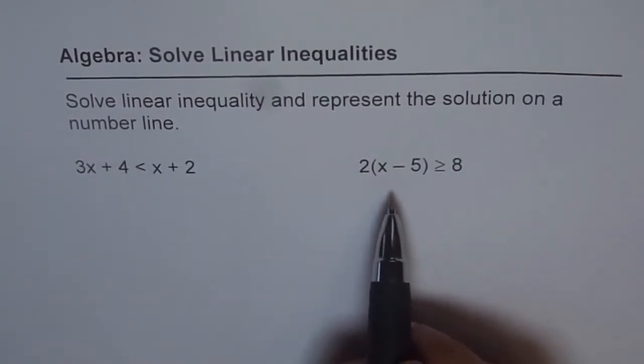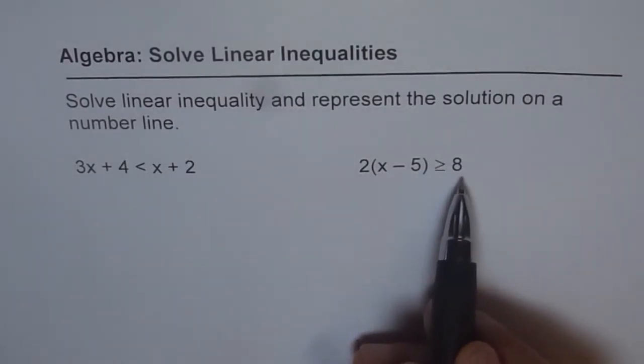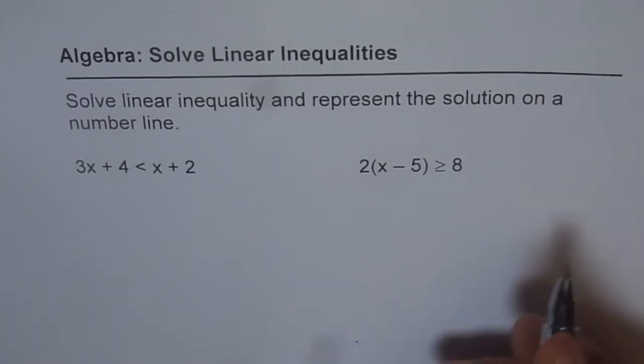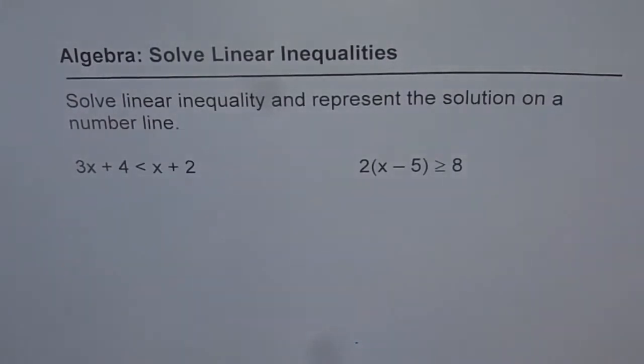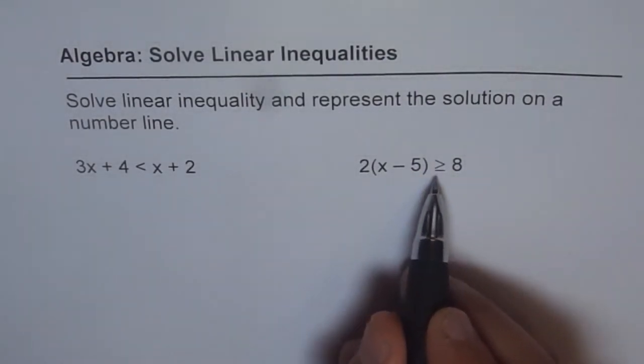So we have another one here, which is 2 times x minus 5 greater than equals to 8. So we have to represent this solution on a number line. At present, I'll request you to pause the video, solve it, and then look into my solution. Here is my solution. Let me do this one first, which is 2 times x minus 5 greater than equals